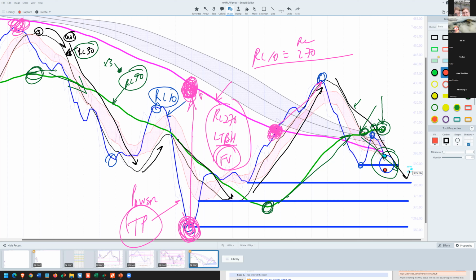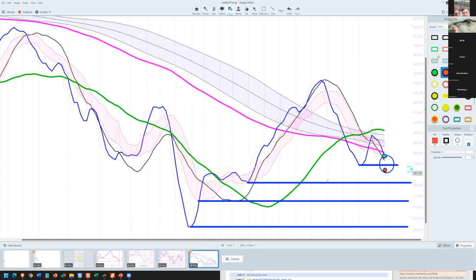Like we saw up here, once the traders started moving it away, you start getting that gap between the 270 and the 10, and that creates the tradable opportunity for retracement to the RL270, or reversion to the 270, I should say. And then we can measure the distance between those peak excursions in both directions, and then we can measure how far those are on a percentage basis, and that gives us the ability to estimate how far price can go on each little excursion.